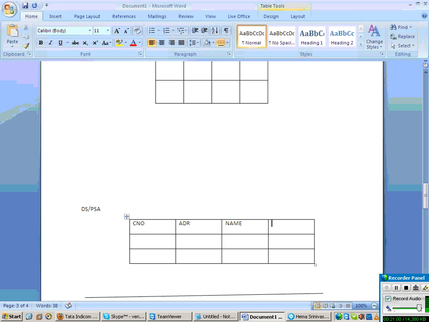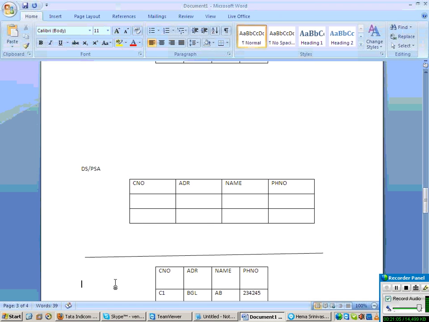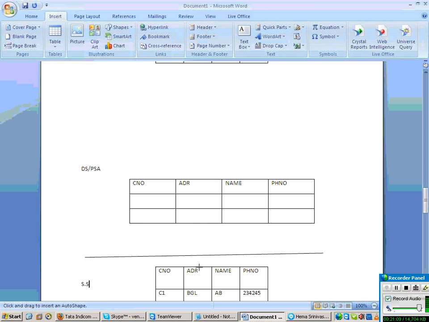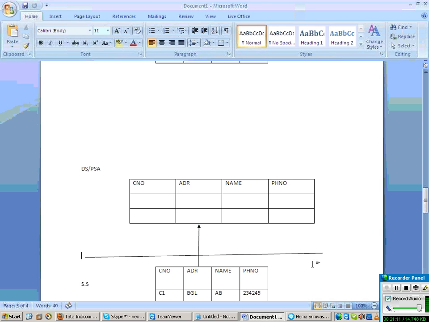This is for staging purposes. That means before putting my data into the target, how is the data coming from the source? First it will come to the PSA table. So if any error is there, the data will come up to the PSA table, and you can rectify it there. So it's for staging purposes, mainly for error handling. And from time to time, let us say every 15 or 20 days, we are going to clean this PSA table.